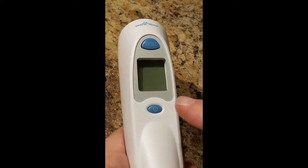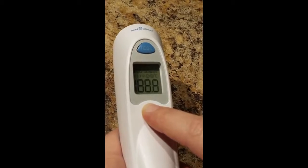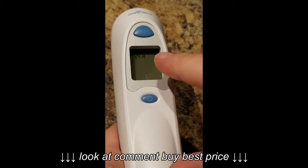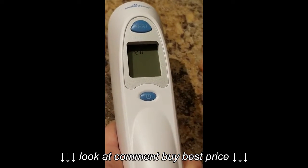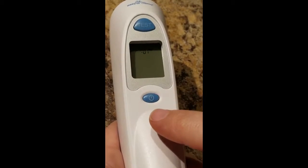Alright, this is how you set the time on the thermometer. Just hold down the power button for 3 seconds. It'll pop up and say 24 hours at the top. You can change it to 24-hour format or 12-hour format. I prefer the 12-hour. So once you've got your selection, hit the power button again, and it's going to bring